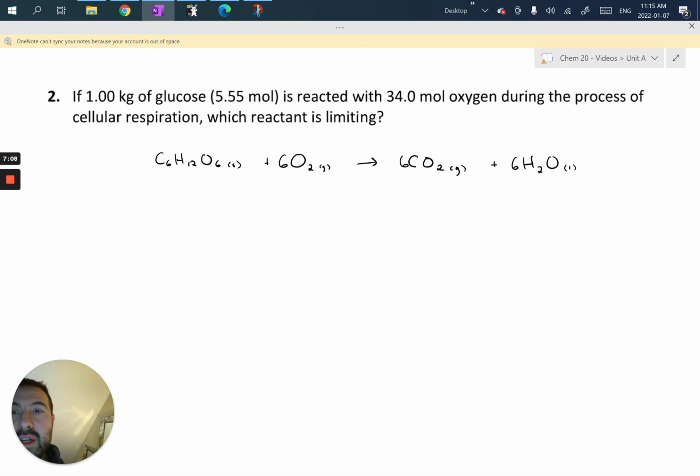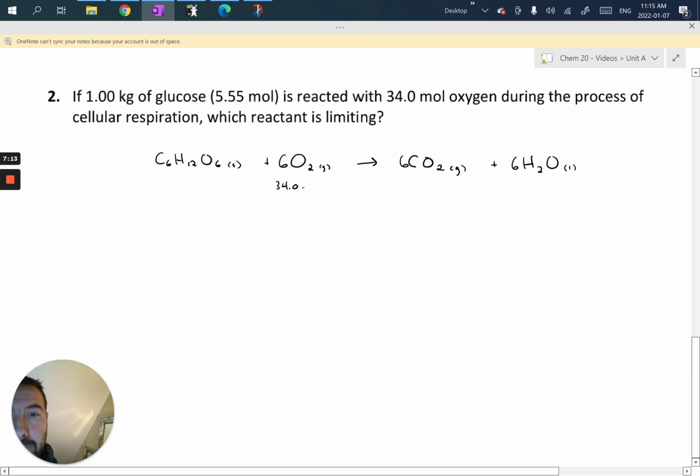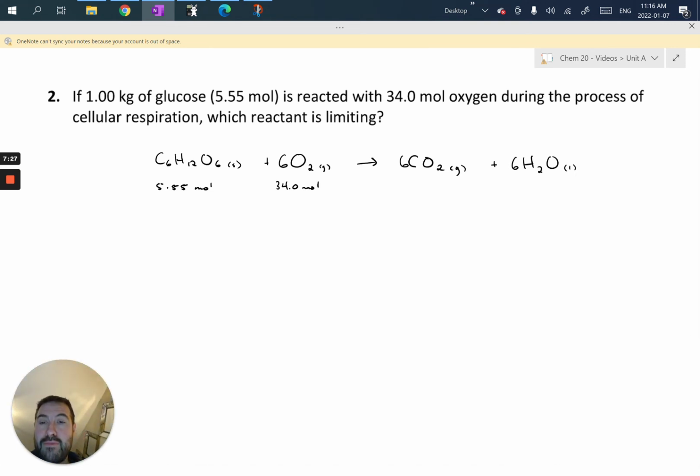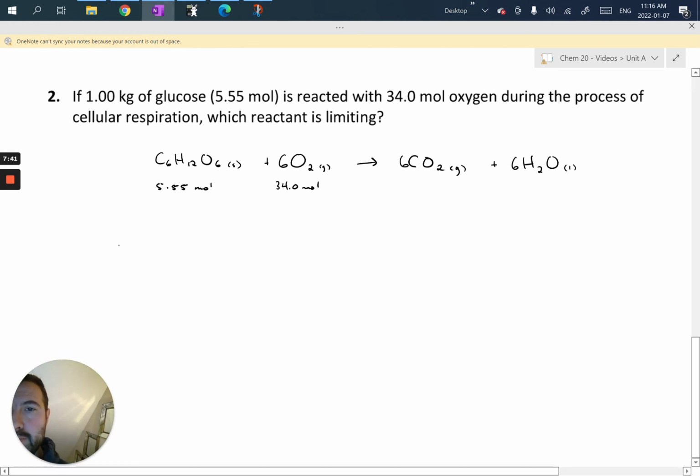Okay, so I'm going to write down my given information. I have 34 moles of oxygen, and I have 5.55 moles of glucose. Now, I'm not going to draw those models for 34 moles of oxygen, so I'm going to use math. Okay, so for each of these reactants, I'm going to find the number of moles. I already have them. And then I'm going to divide that number by the chemical coefficient. So let's do it for